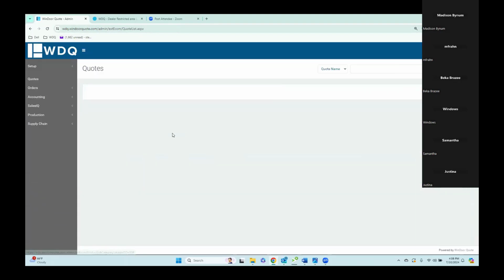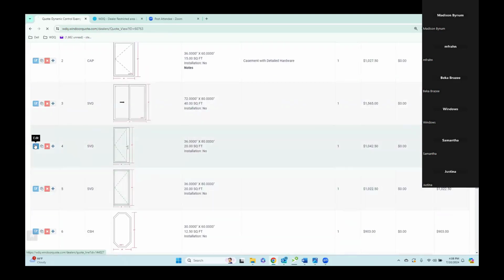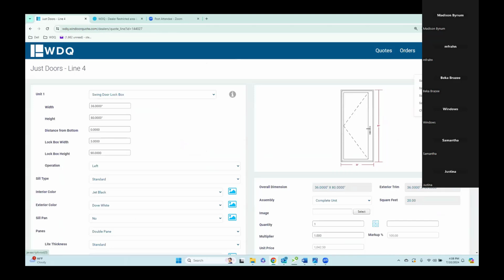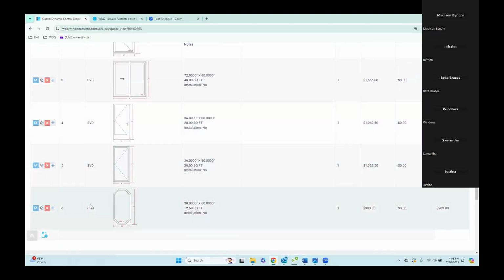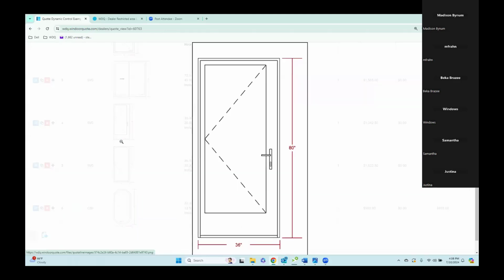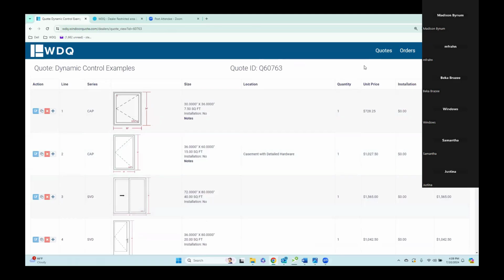And then if we go into that quote, you can see now that that changed. So it has a larger kit. The other thing we did is, so for installation on the dealer side,